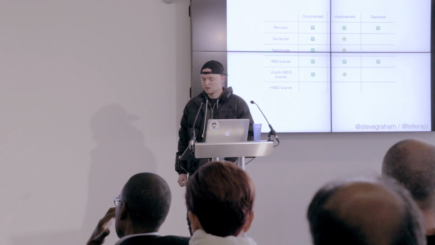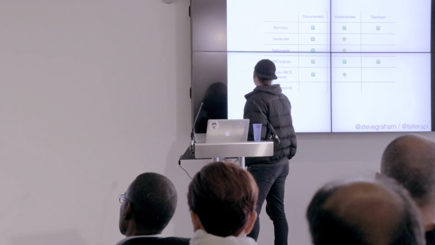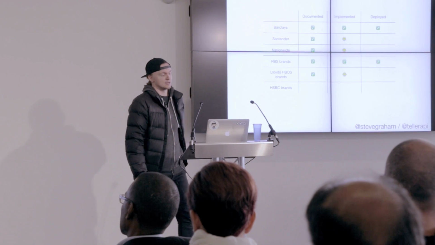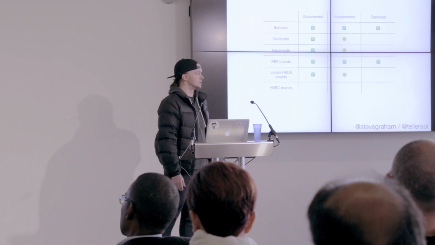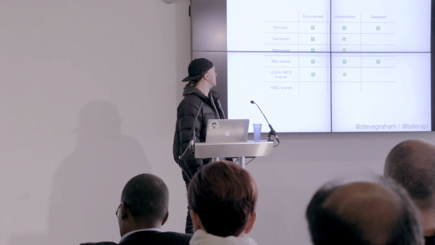Now we're working to improve coverage of the banks. You can see the major banking groups here: Barclays, Santander, Nationwide, the RBS brands, which would include NatWest, Isle of Man, Ulster Bank, and the Lloyds HBOS brands, Lloyds, Halifax, Bank of Scotland. I'll include TSB in that, even though they're now owned by Sabadell, because they've had an agreement to use Lloyds systems for a few years, and the HSBC brands, which would include First Direct. So we've documented, by that I mean cracked the app for, the majority of the groups.